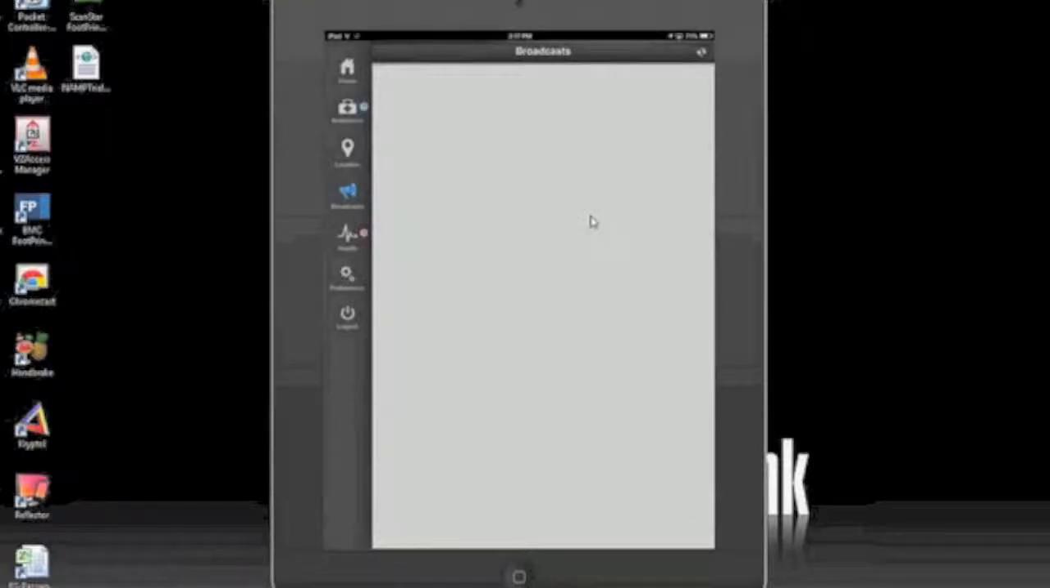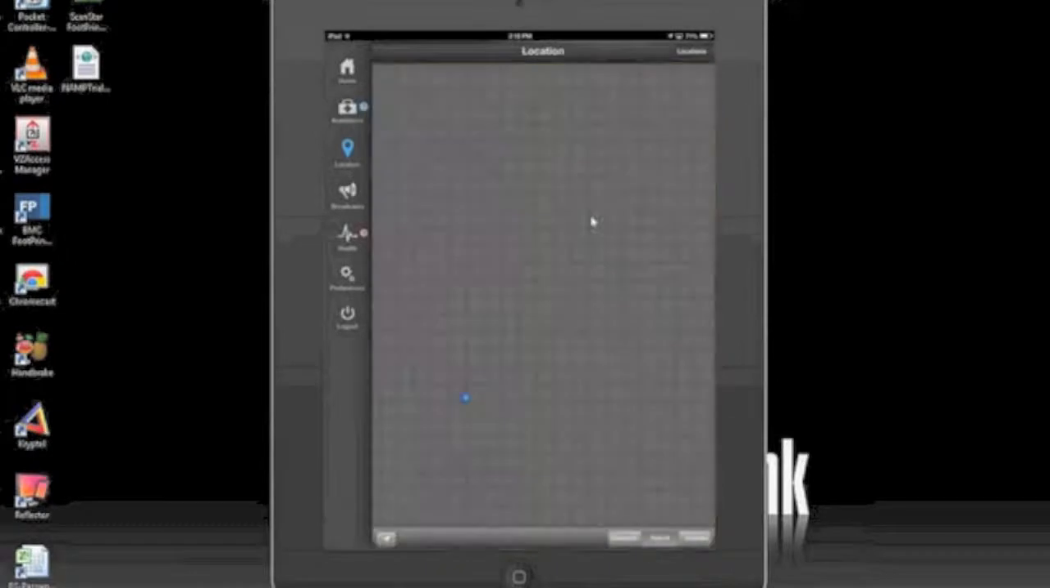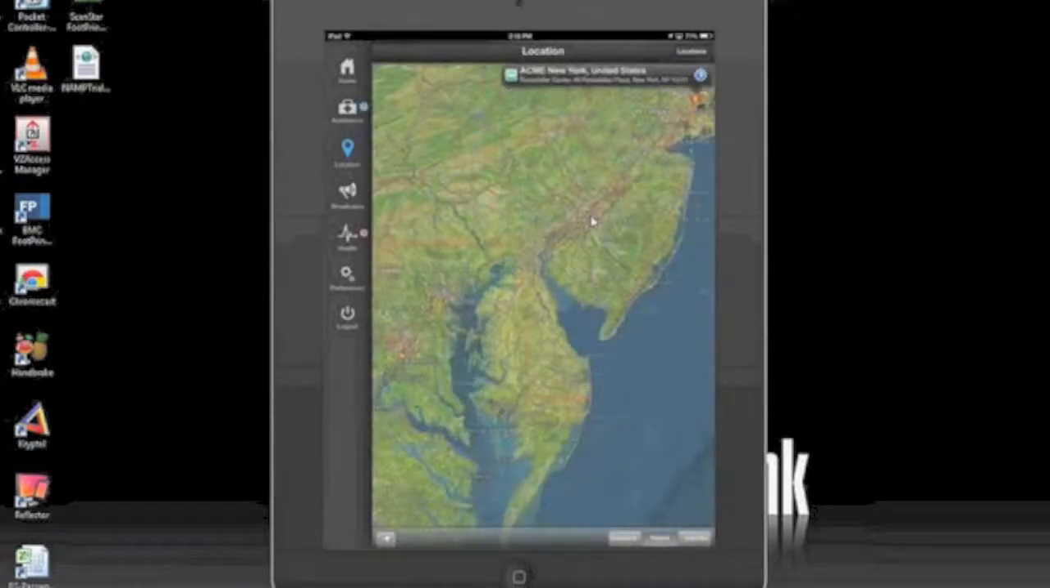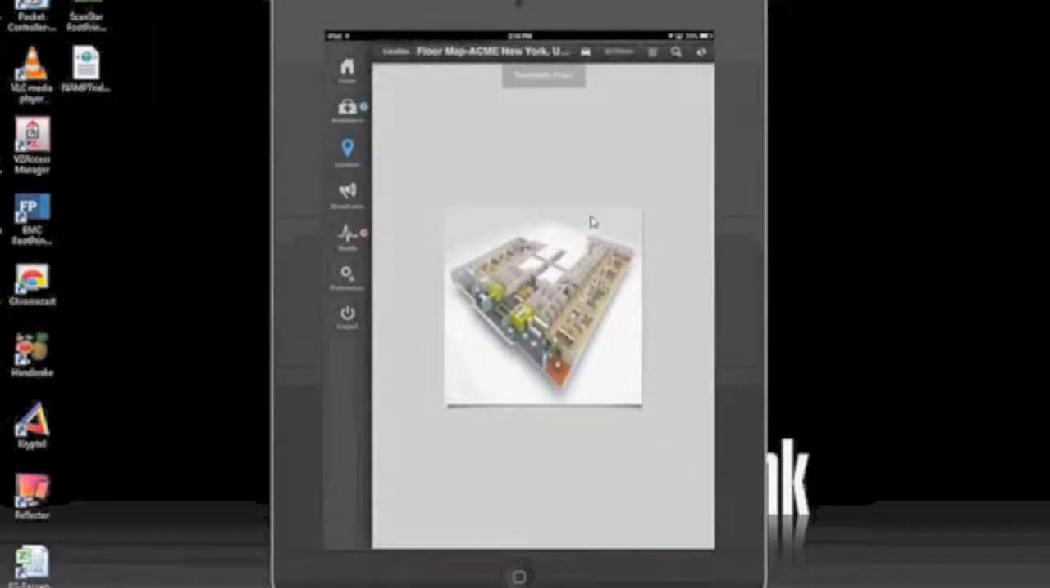I can see broadcasts if there are any incidents or outages that have been sent out by IT. I can come in and do location-based information if I need to. So perhaps I'm going to be traveling to one of the other offices next week for a meeting. I want to see what the layout is of the floor that I'm going to be at. Or, I've got a problem, somebody tells me there's a spare printer somewhere, and it could direct me right